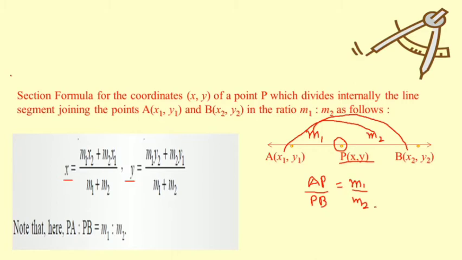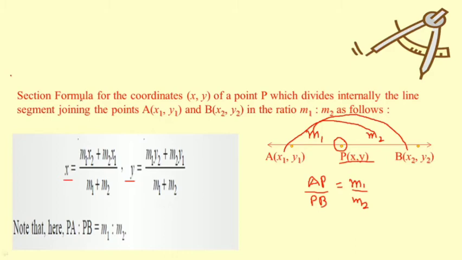Now here the point P is lying on the line AB. We may have a section formula for a point P which does not lie on the line AB but outside the line AB. In that case, that is called the external division section formula, which is not in your course right now. Here we are going to discuss only the internal division section formula, which means the point will lie on the line joining the two points. So this way we can find the coordinates for x and y with the help of the section formula.